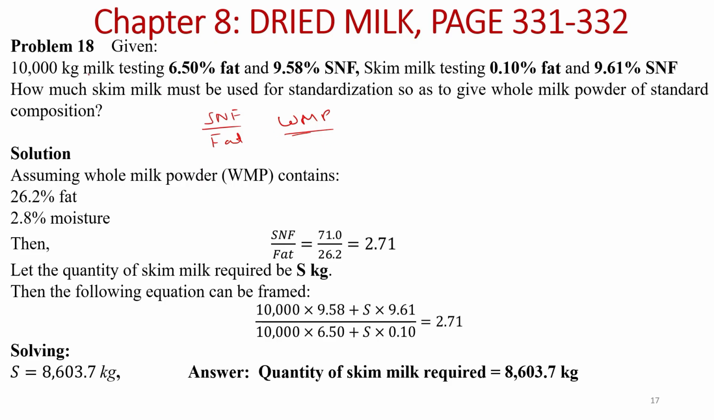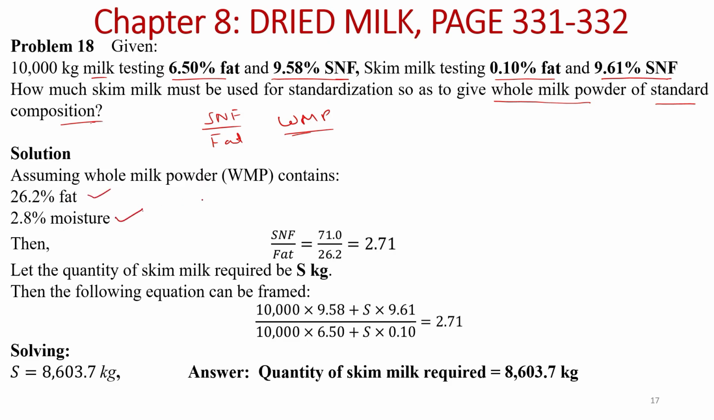So here we are given milk having 6.5% fat and 9.58% SNF. We are given skim milk testing 0.1% fat and 9.61% SNF, and we are asked how much skim milk is to be added to the milk, so that in the final WMP we have the SNF to fat ratio of standard composition. As for standard composition, let's say we have whole milk powder containing 26.2% fat and